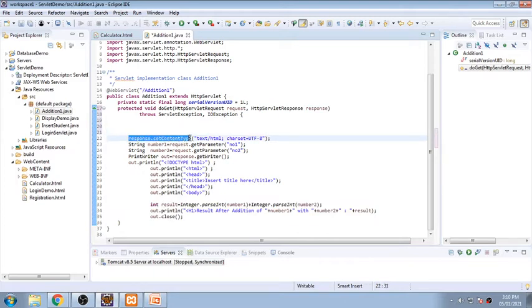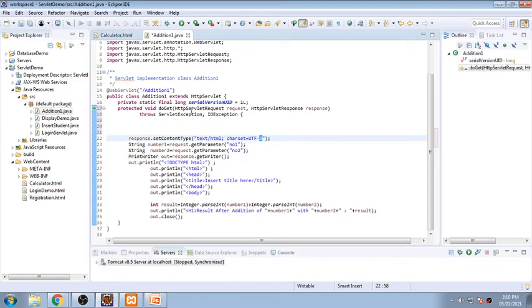First I need to set the content type as HTML format. You can give a character set UTF also. If you don't want it, you don't have to put it; there is no requirement. If you want, you can put it. If you don't want, you can remove it also, no issue. It is just for displaying whatever you show on a browser, which will be in the format of text and HTML, and the character set you have used is UTF, that is the 8-bit Unicode transformation format.